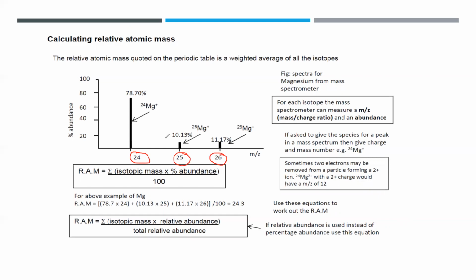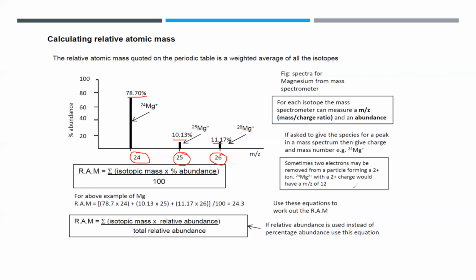And what is our assumption here? In all cases we assume that only one electron is being removed. Then the percentage of each isotope: magnesium-24 is 78.7, 25 is 10.13, and 26 is 11.17. How can we find